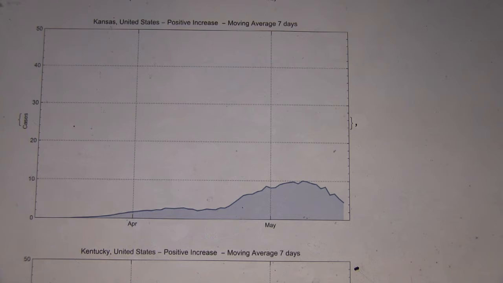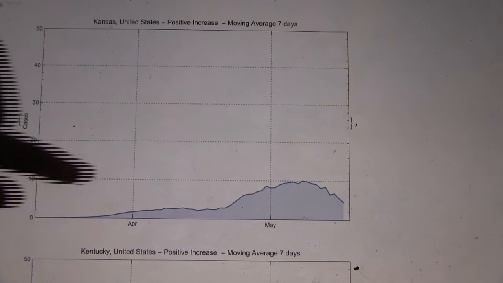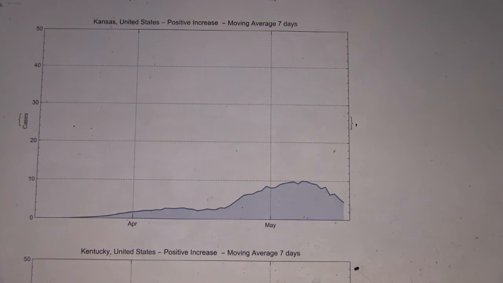Well, I don't think there are any huge population centers in Kansas. It's not as densely populated, so maybe the low number of cases represents a few towns. Maybe people travel there and bring it to a town, but not to a large area, and then maybe in this region it reached a large area. Oh, okay, yeah, that definitely could be the case. All right, what's the second one you picked?